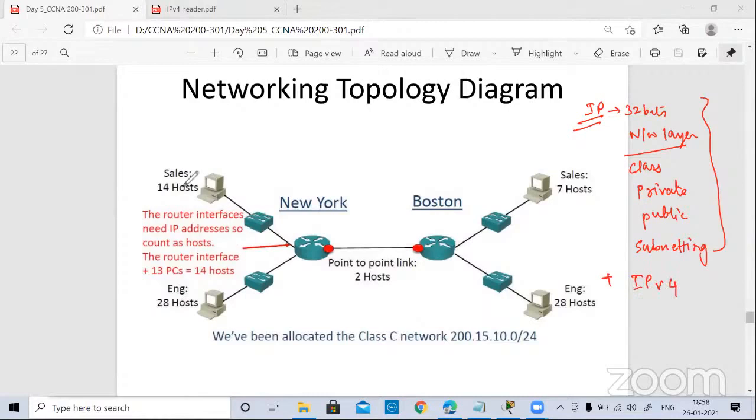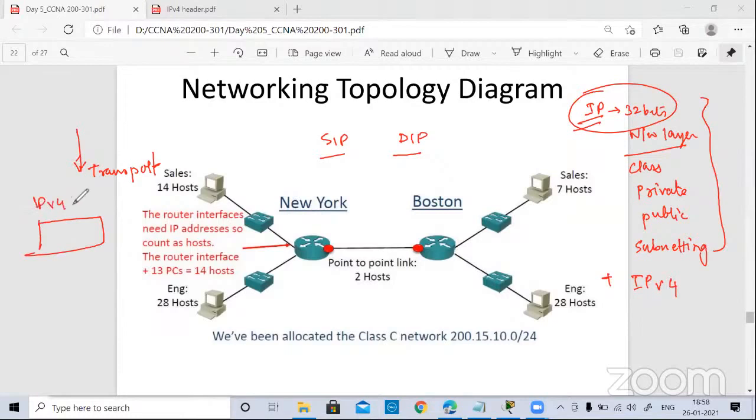Because if you remember the OSI model or the protocol suite, whatever data we are receiving from the upper layer, let's say the transport layer, each layer adds its own header. Since we have now talked about IP, we know that there has to be a source IP and a destination IP. But apart from these IP addresses, the network layer adds its own header, which we call the IPv4 header. This includes some more detailed information about the packets, about which protocol is used in the transport layer, and more details. Okay, so let me show you that first.